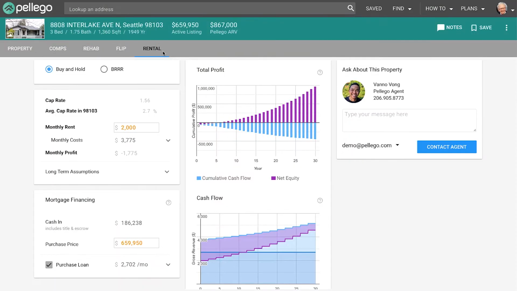In this video, we're going to cover how to calculate your rental estimates with Pelago. Specifically, we're going to talk about income and long-term projections. Your income, also known as your cash flow, is shown on the top where it says monthly rent and monthly